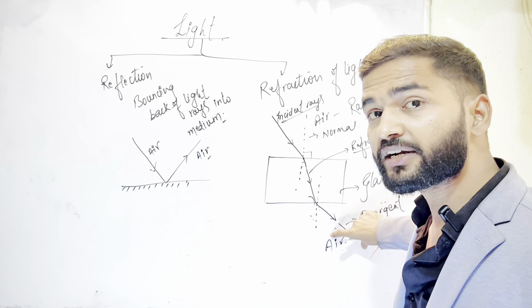So I think that up to here you are very clear about these things, and the homework is to write the definition of each and every term that I have used here. Is it clear? Now we are going to study the next topic, and that is the laws of refraction, as you have studied the laws of reflection. How many laws of refraction are there? There are mainly two laws of refraction.